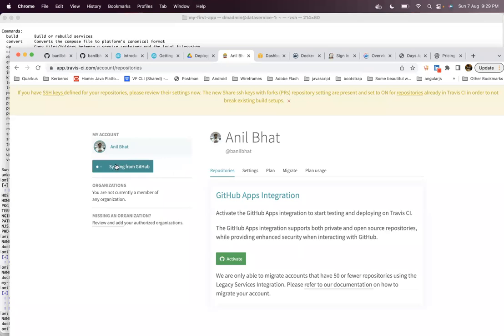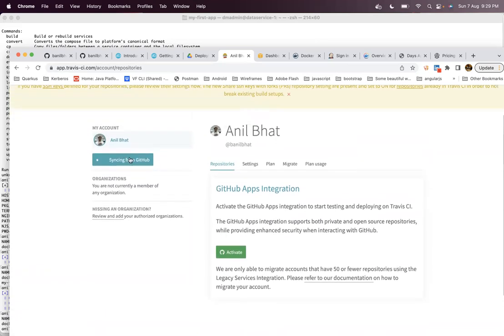By syncing, it will sync all the repositories which I have mapped with Travis, and list them out here. Now let's wait for some time. It is trying to sync from GitHub, and after syncing, it will show my first app repository is mapped with Travis.